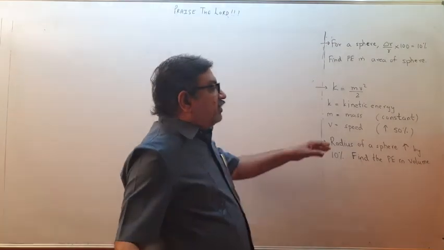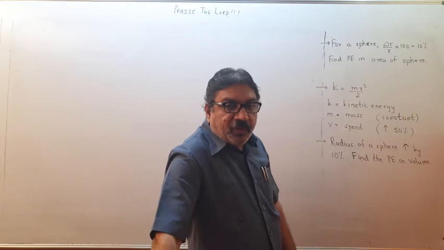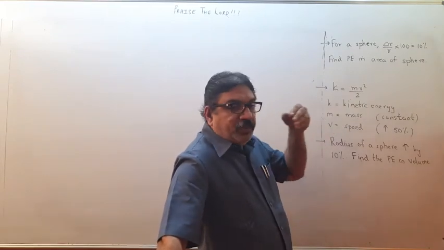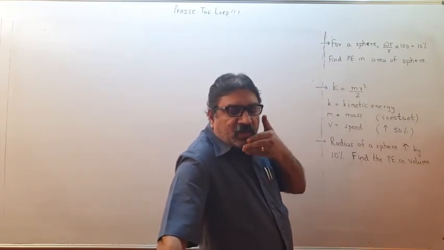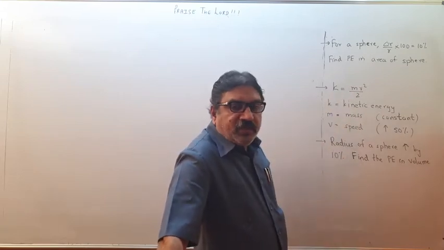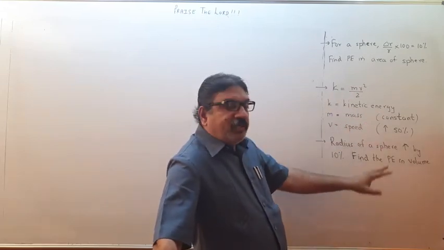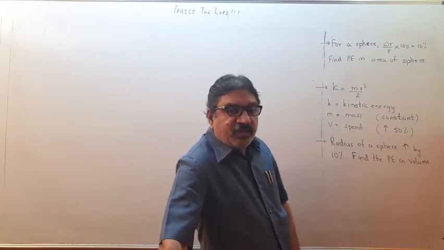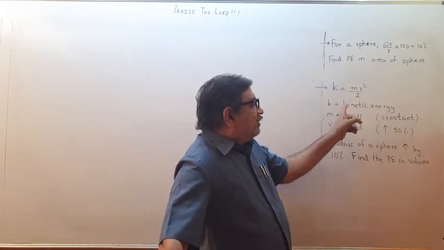See, kinetic energy is given by this formula, mv square upon 2. Now you know m is the mass, v is the speed. When you ride on a bike or in a car, or in a bus, your mass does not change, it remains constant. Therefore, mass is constant, there cannot be any change in it. K is the kinetic energy, v is the speed.